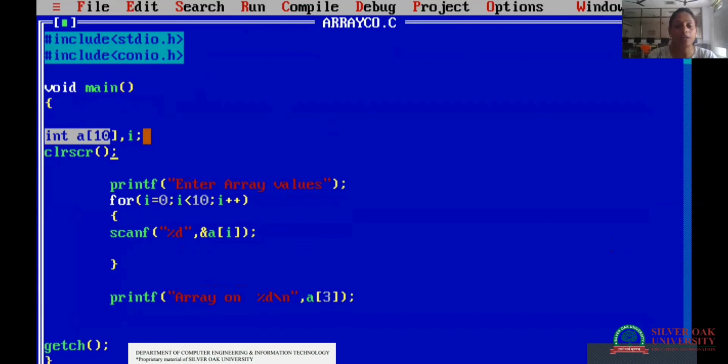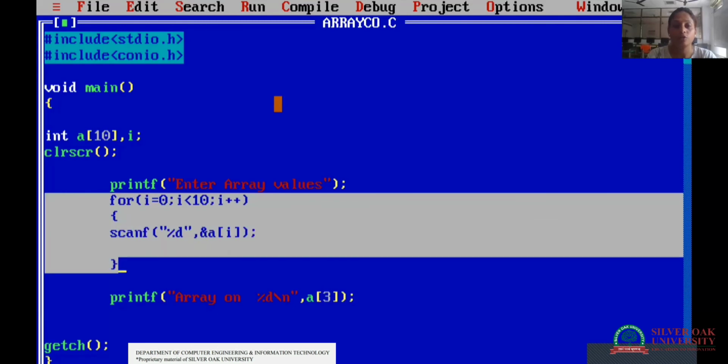Now a very, very important thing: if you want to assign values to the array elements, the array contains continuous memory space. So to assign continuous values, we require a for loop. Now we all know how a for loop works. This is the thing through which you can insert values in the array elements. If we have a single variable, we use scanf to insert a value. In the same way, here we have 10 different elements in the array, so we put this scanf in the for loop.